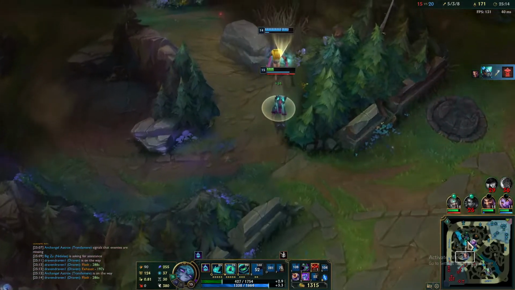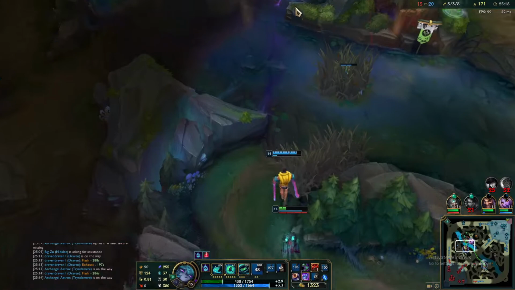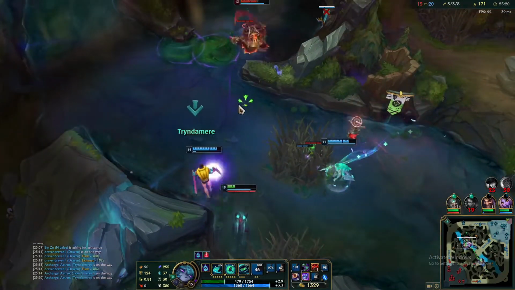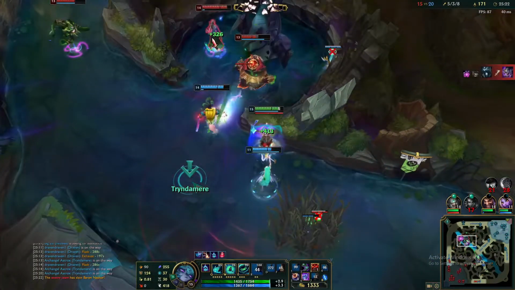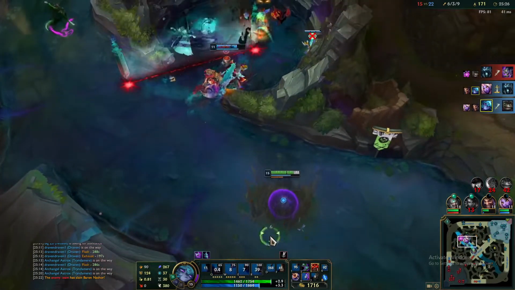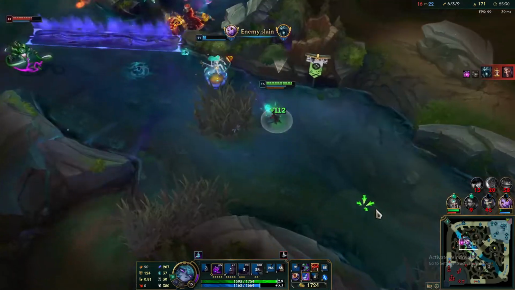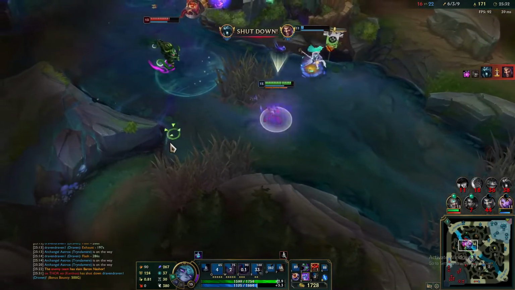Now, this one, I know this is really risky. Like, I'm 400 HP, I die to anything at all, but I'm just here to back up my Draven. Use a little bit of my skills as, like, CC. There's 2 dead already, so I'm not really concerned with a 3v3, especially when they're focused on the Baron objective, but